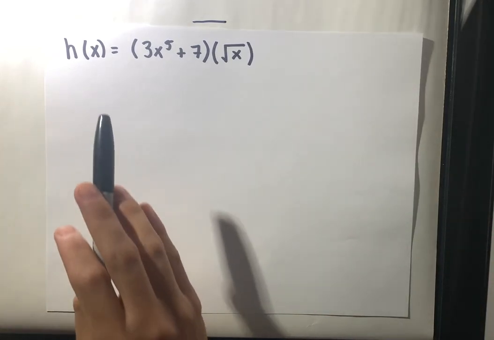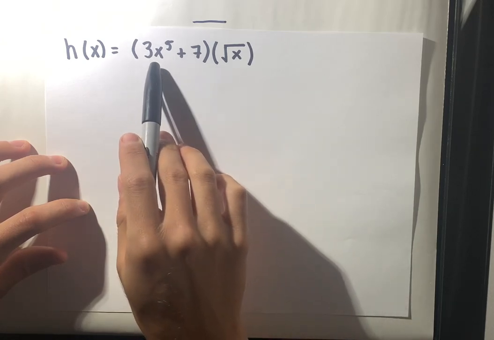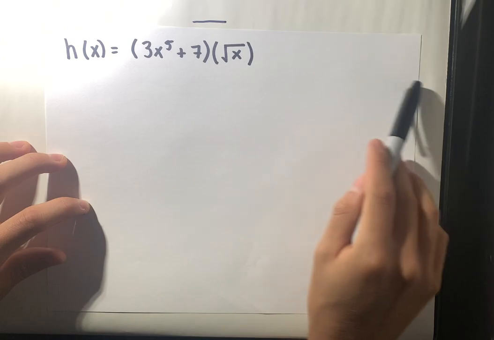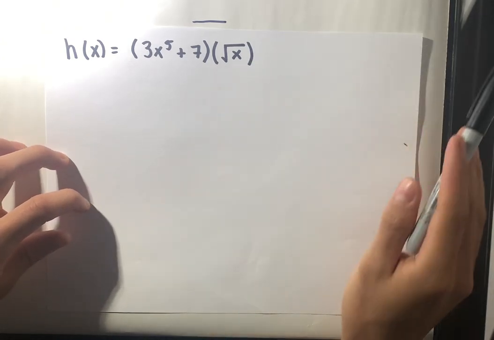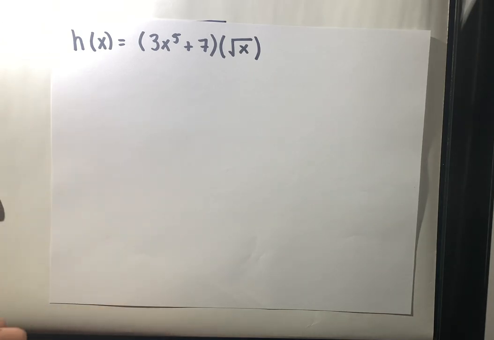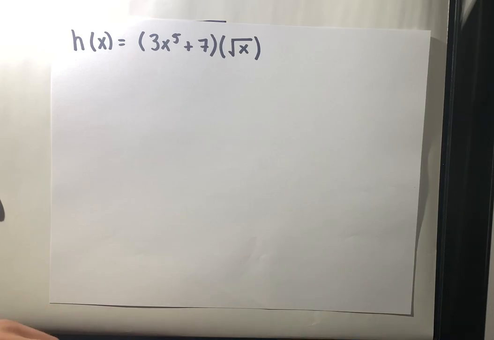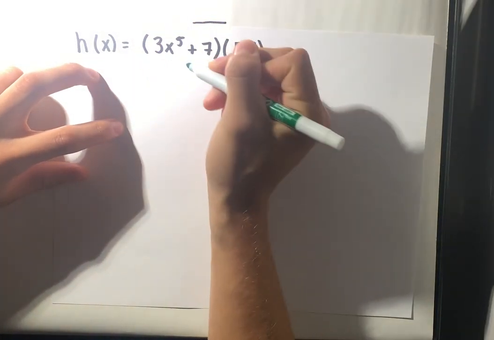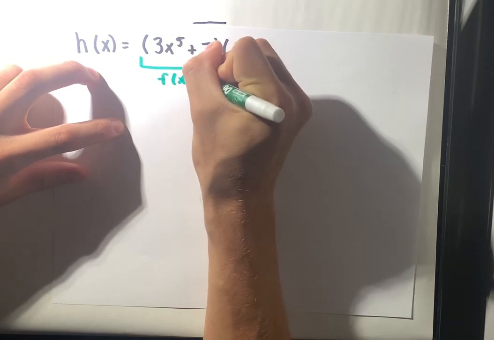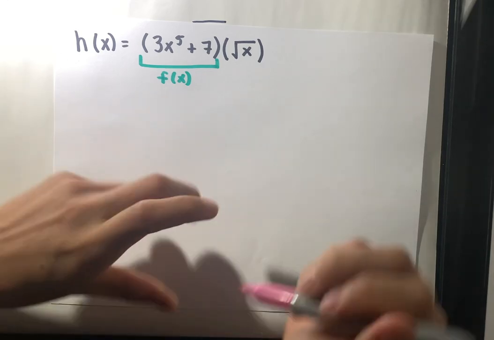The first example that we have here is the function h of x is equal to 3x to the power of 5 plus 7, multiplied by square root x. So, first thing I want to do is identify which function is the first function and which function is the second function. So let's call this first function f of x, and let's call the second function